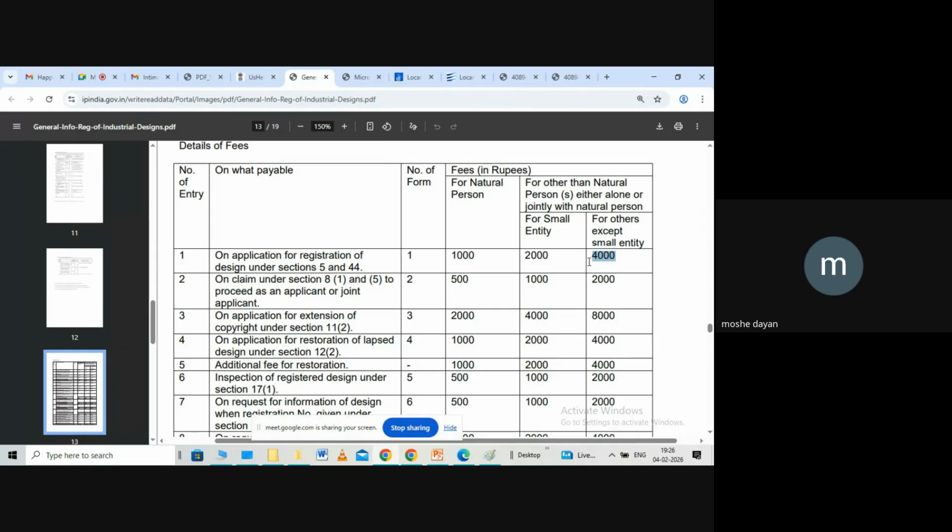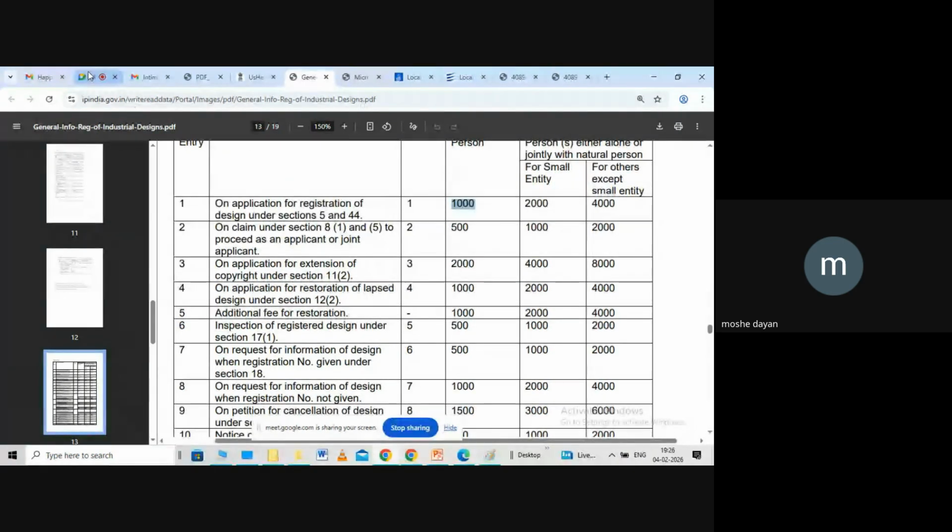In patents, there are two categories: who is the applicant, who is the inventor. In copyright, there are two categories: who is the applicant, who is the author. But in design, there is no category like that. All are applicants only. So you will be only a co-applicant. You will not be a co-inventor or co-author, nothing like that. In a design application, all are applicants. So the college will be the first applicant, you will be the co-applicant. So that's the case. If you are filing with the college name, it is 4,000; filing individually, it is 1,000 rupees.